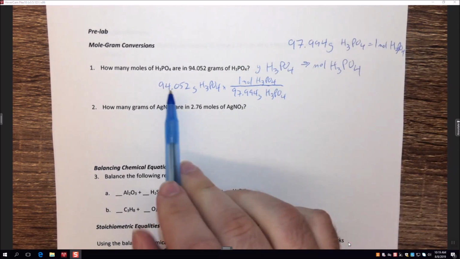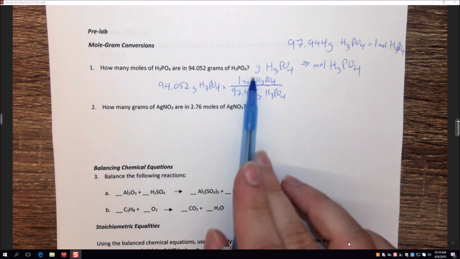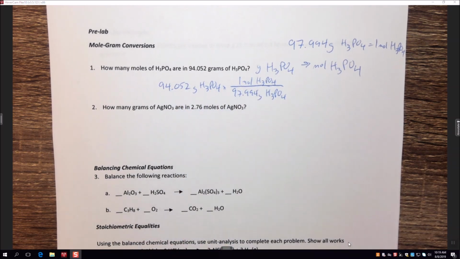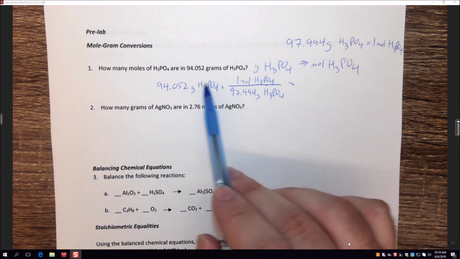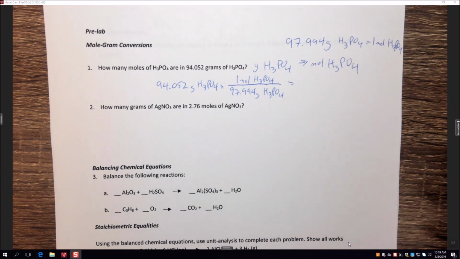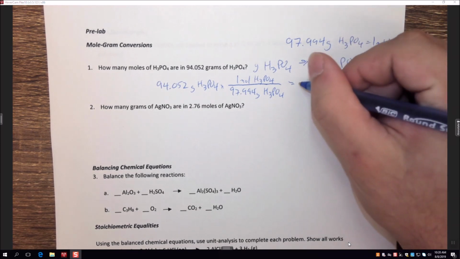So now we have our conversion from grams canceling out and leaving moles, so we're going from grams to moles just like we want. So if we multiply by the top and divide by the bottom, or in this case just divide by the bottom because the top is multiplying by 1, which doesn't do anything, we find that we have